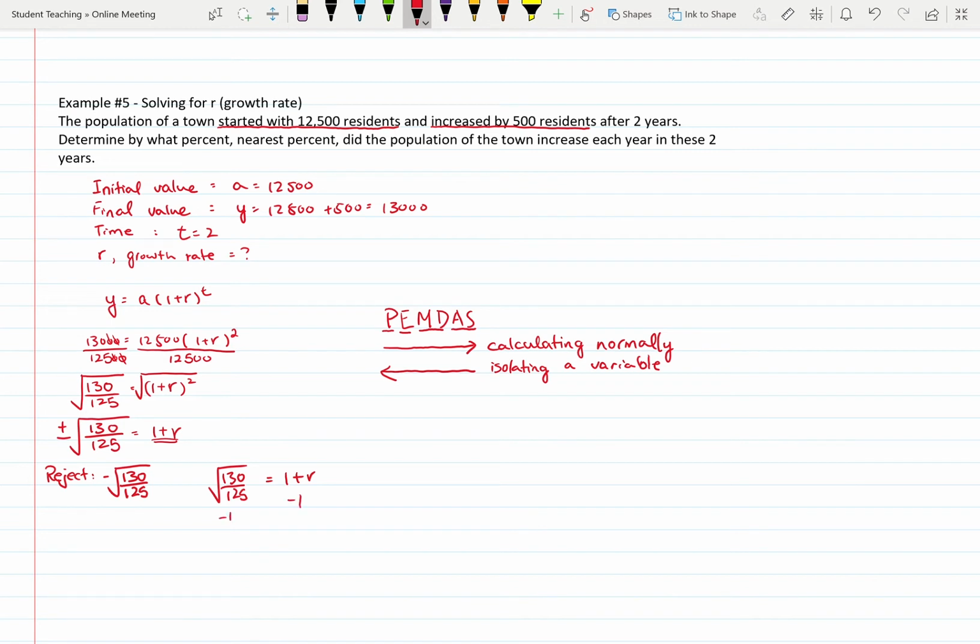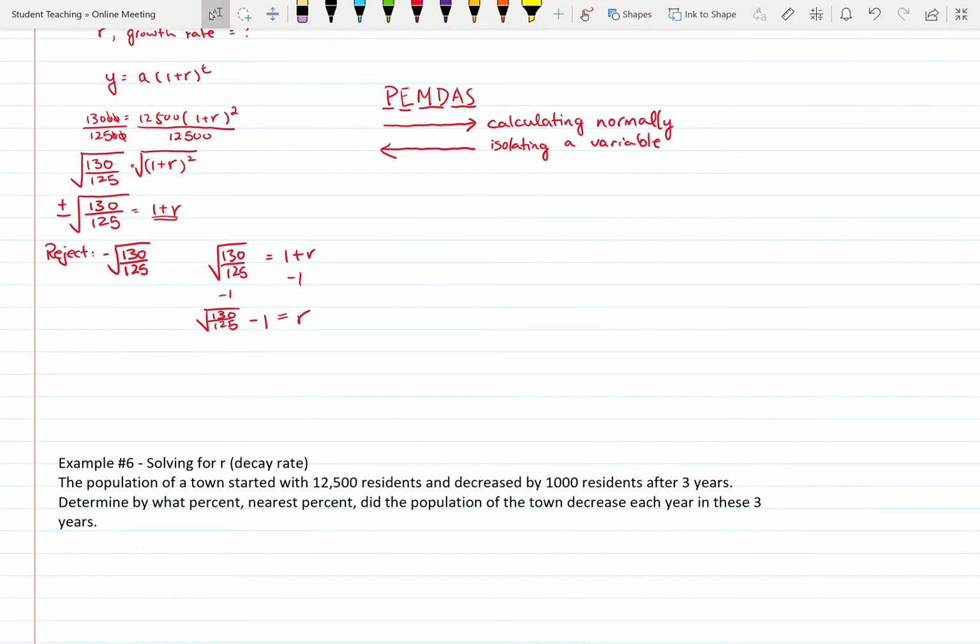That gives us radical 130 over 125 minus 1. This 1 is outside of the radical sign, equal to r. And I will put that into the calculator. That gives us radical 130 divided by 125 minus 1. It's approximately 0.01